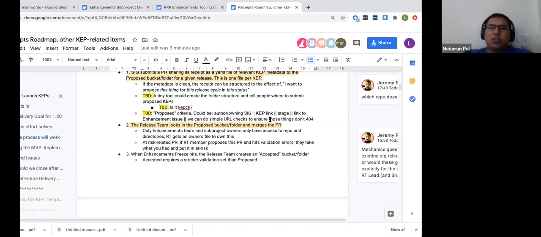Let's say they don't finish their implementation. How do we handle that? Do we create a bucket, call it slipped, and drop the receipt into it, and then regenerate the manifest? Okay, so that's where I was going, do we have a bucket like that, like slips, so that we can also track which of the enhancements have actually slipped through cycles due to that reason?